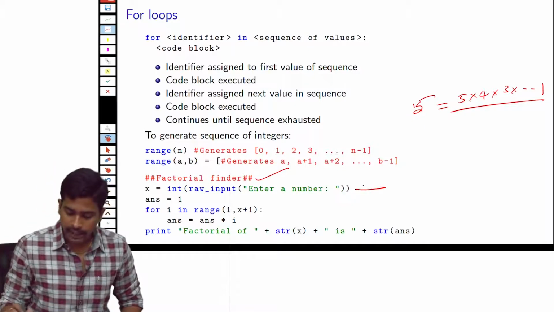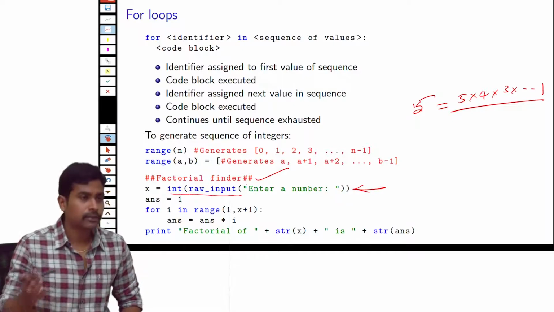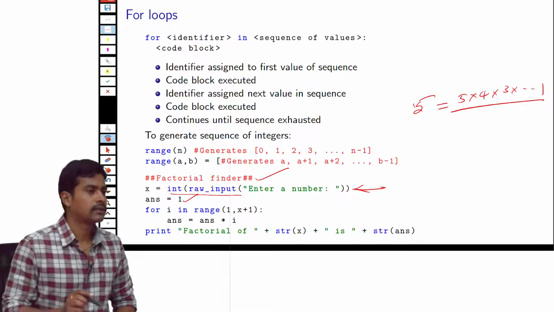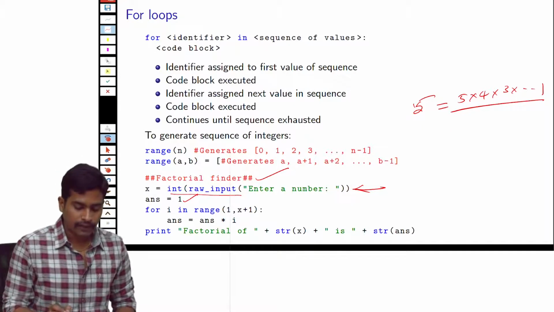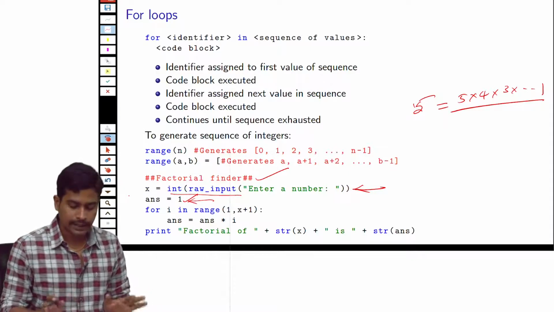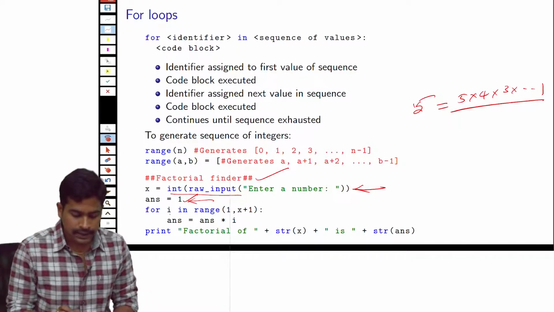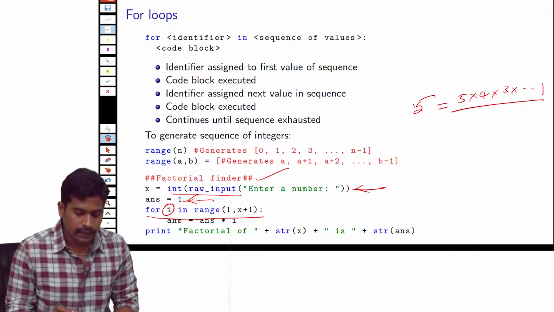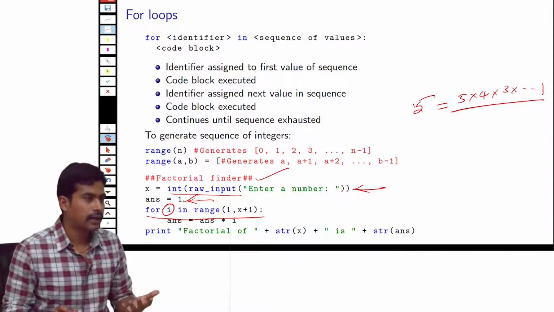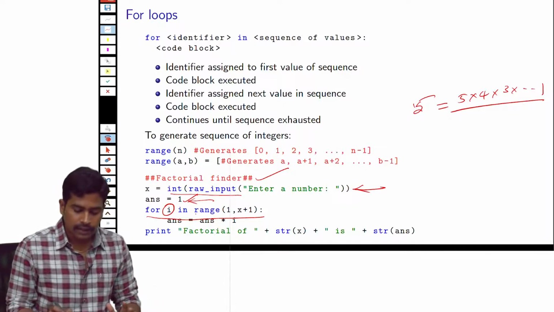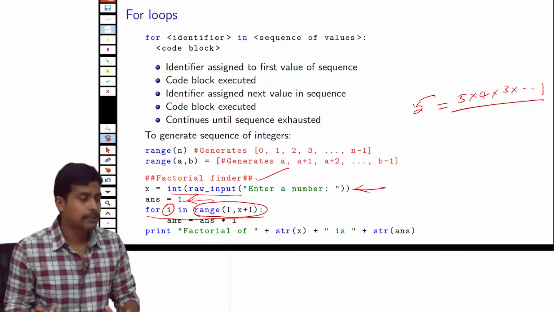Again we have used this raw input command to take a number from the user and initialize the answer to 1, and finally we store our final result again in this variable, but initially we declared it as 1. This is the syntax of the for loop. In the for loop we are declaring an identifier, also some dummy variable. Here the dummy variable is i, and we write another thing here, range of 1 comma x plus 1.